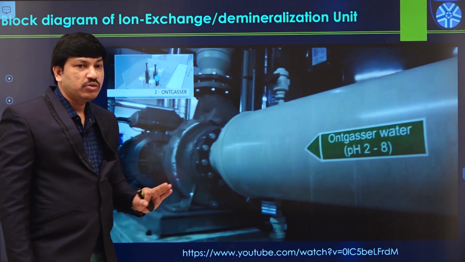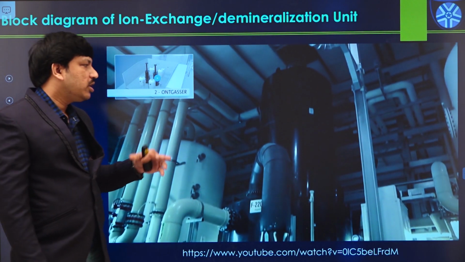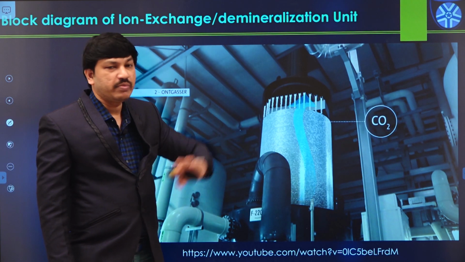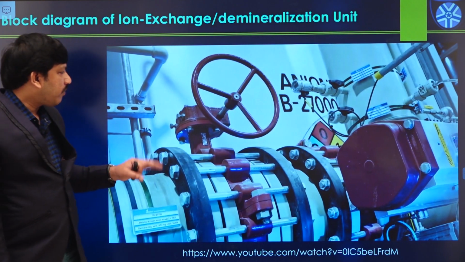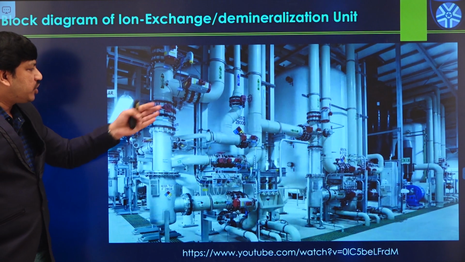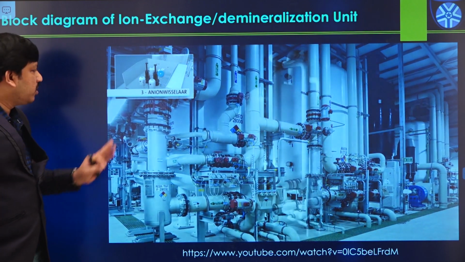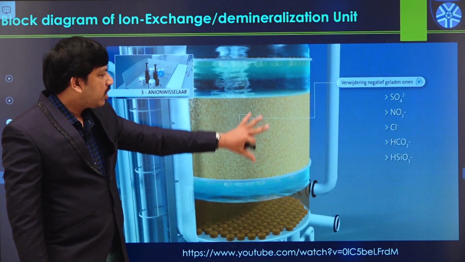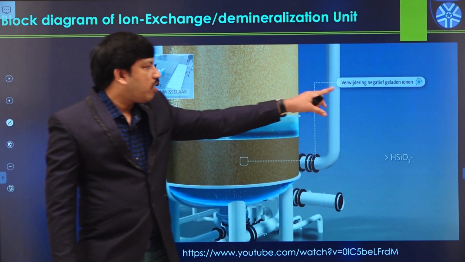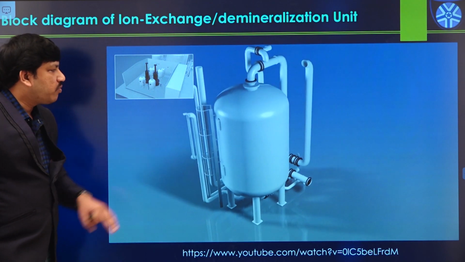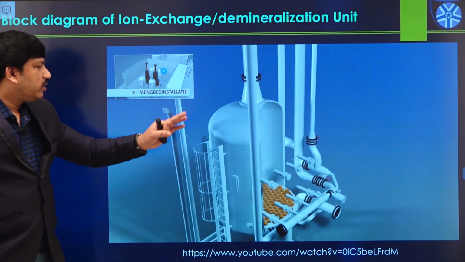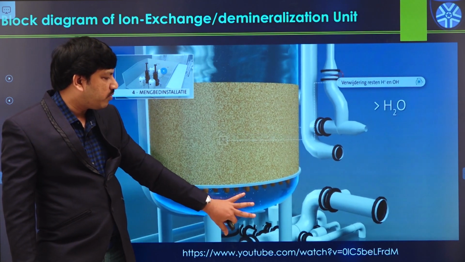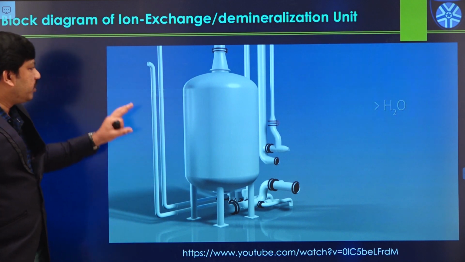Now water enters the degasser. The degasser unit removes any dissolved carbon dioxide in this manner. After that, water enters another chamber, the anion exchange vessel. Here also we have anion exchange resin, and water goes in this manner. We can remove all types of anions like this. The remaining water enters the third one, where we have silica sand particles. So this is the purified water, which finally comes outside from this unit.